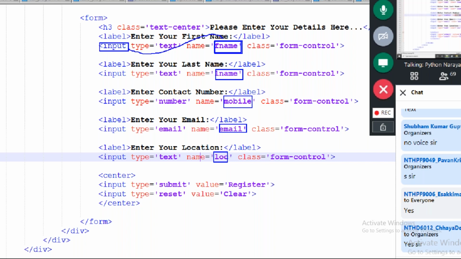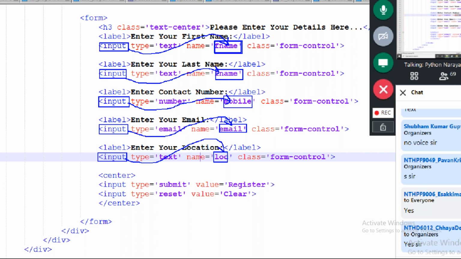Whatever is given in the second input box as the last name is stored here. In the third input box for the contact number, whatever he gives is stored in the mobile variable. Next, in this input box, whatever he gives is stored in the email variable. And the last is the location input box. Whatever he gives there will be stored here.